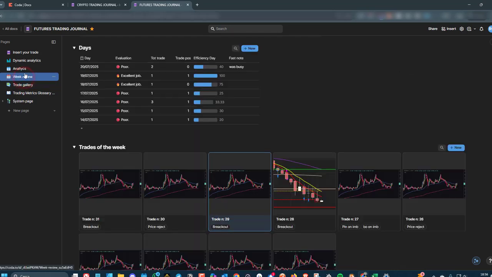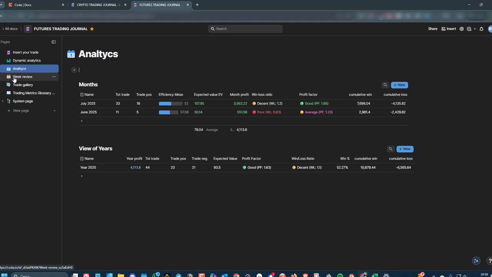Let's keep going backward. I'll save this one for last because the week review is the key feature. Let's check out analytics. It shows month by month, year by year, your most important data. For example, July 2025, I made 33 trades, 18 were profitable. My average efficiency was 52. I had an expected value of $107, a monthly profit,